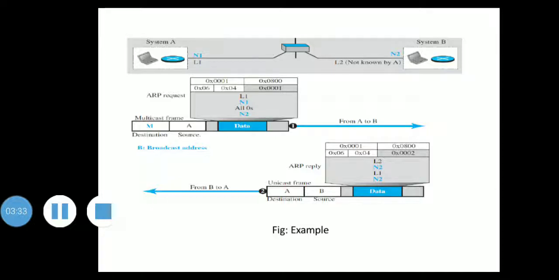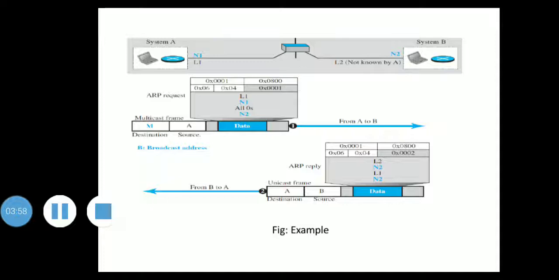If it is Ethernet, then it is type 1. Then this 0800 also represents the network layer protocol. So I have told you IP version 4 is used, due to that this is 0800.